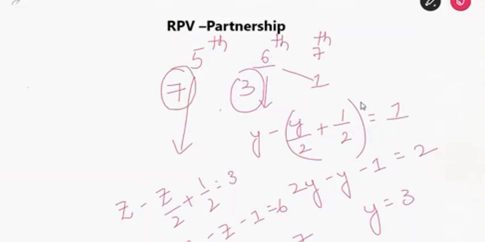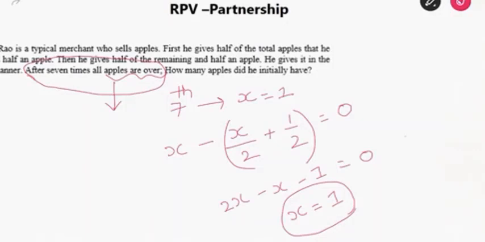Now this is moving in the format of 2 to the power of n minus 1. See here, 2 to the power of 1 minus 1 is 1, 2 square minus 1 is 3, 2 to the power of 3 minus 1 is 7. So at last, how many iterations has Rangarao made? 7 iterations. 2 to the power of 7 minus 1 will lead you to 127. So Rangarao initially has 127 apples is the answer. Totally Rangarao has done this 7 times. So 7 times means 2 to the power of 7 minus 1. Your answer will be 128 minus 1. So option A. Observe the techniques here.